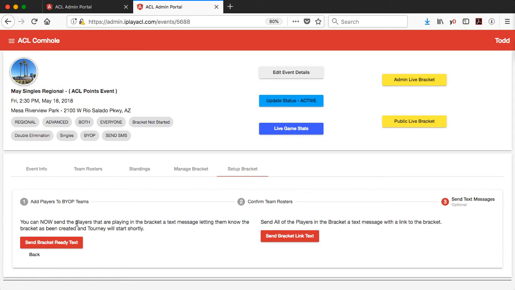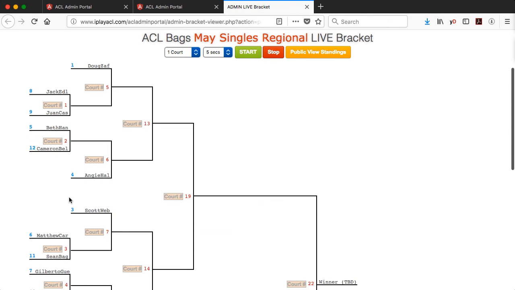Let's see, you can send a message to players telling them that the bracket's been created and the tournament will start shortly. And then there's another button here that says you can send them all a link to the bracket. I don't know if those work. I don't think they worked in Green Bay, but you can always try. Once you get to that point, you can go to Admin Live Bracket, and your bracket should be set for